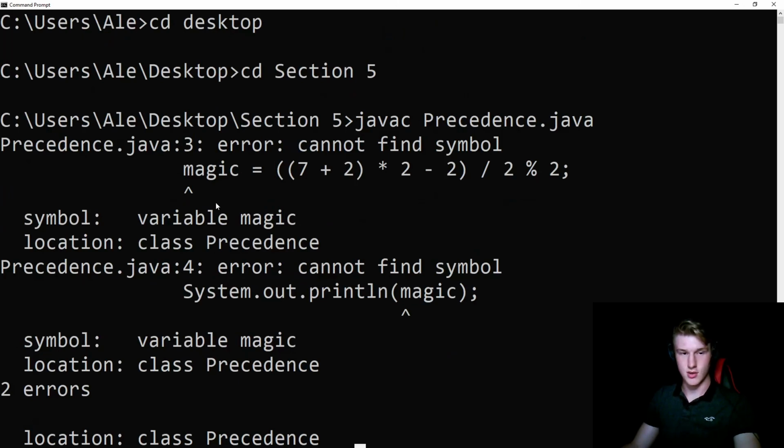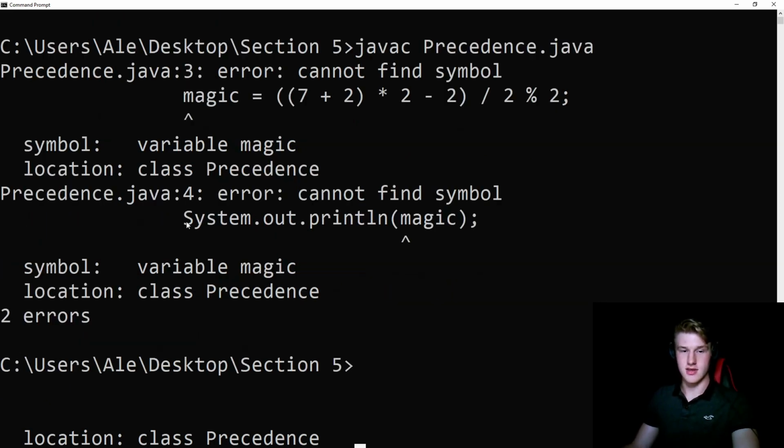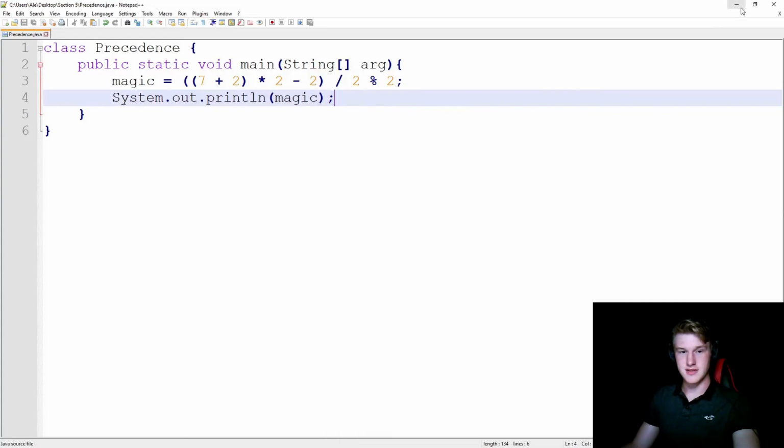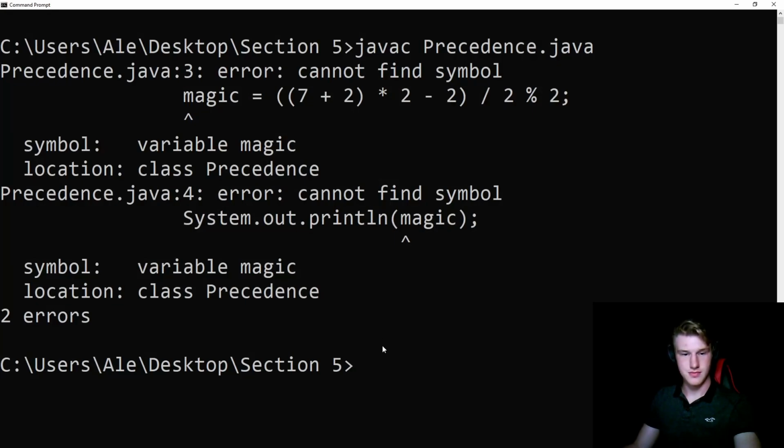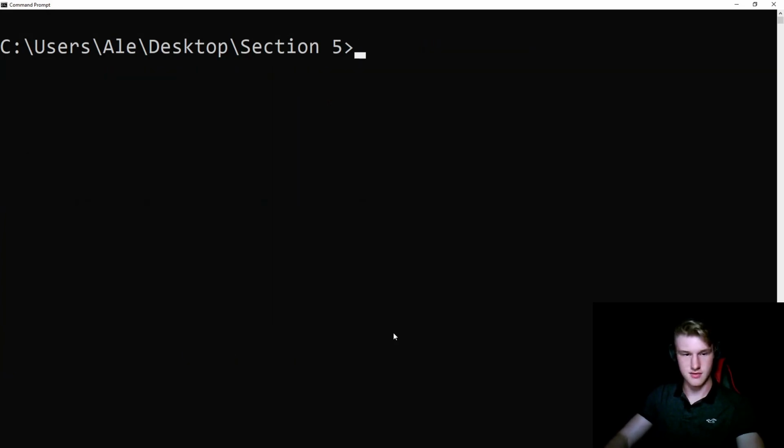We have 2 errors. 1, cannot find symbol magic, and I already know what my issue is. And then cannot find symbol magic because variable magic has an error. So the way to fix that is very simple. I forgot to declare that magic is going to hold an int. Now if I save it and I bring back up my command prompt and I CLS just to clear it off,